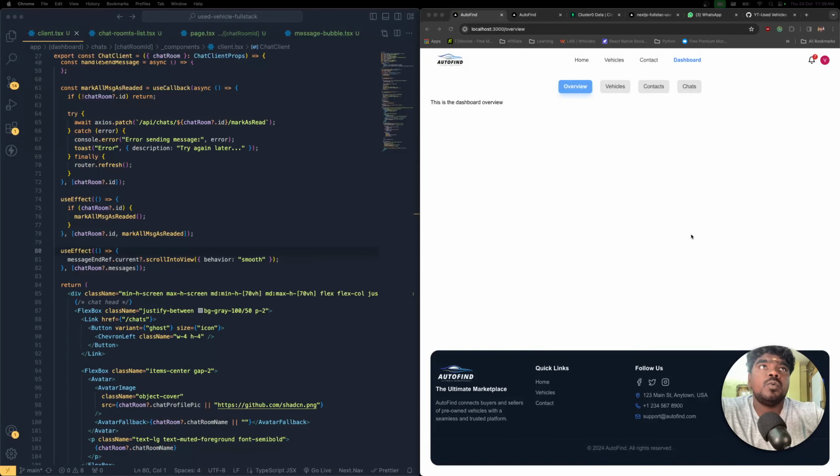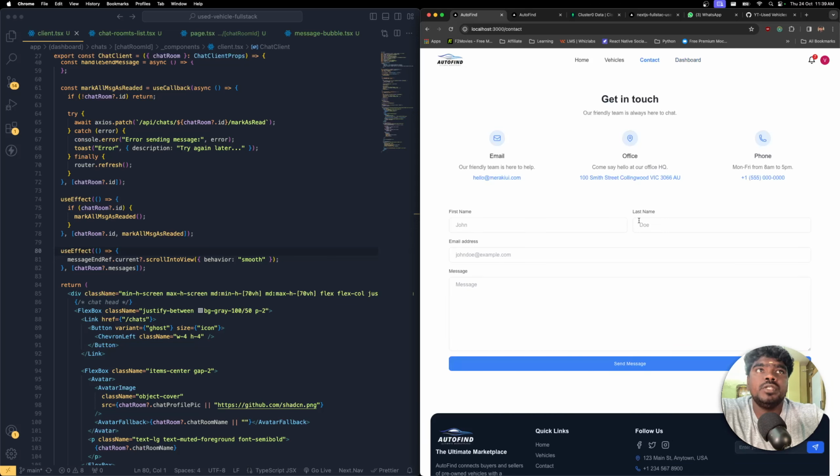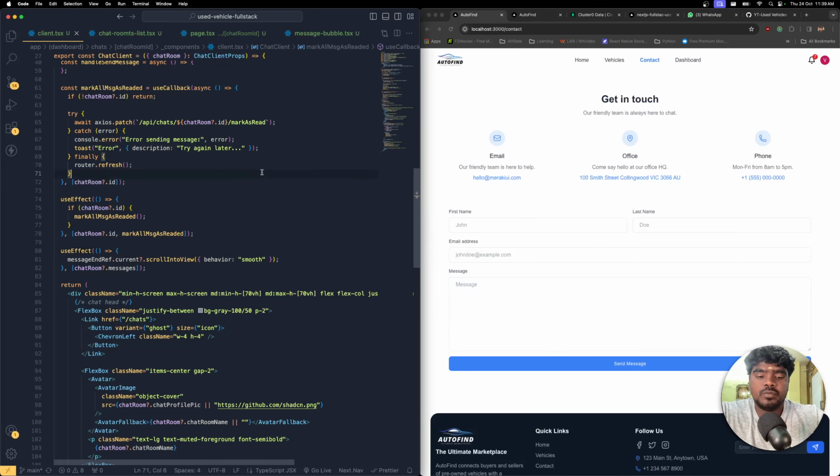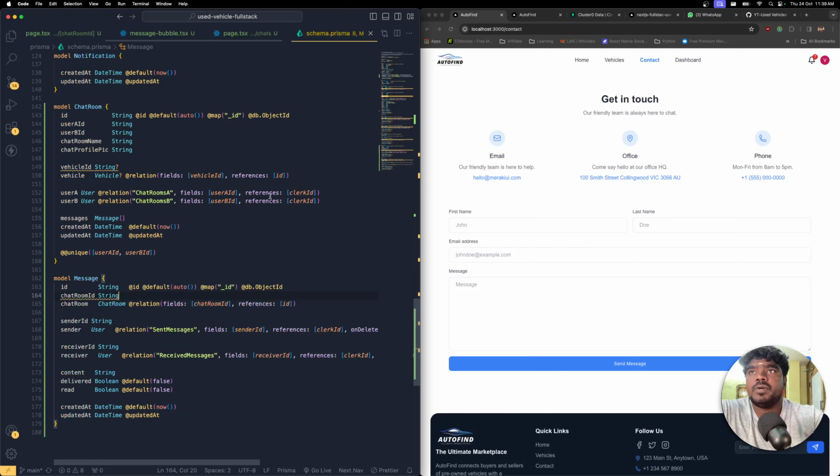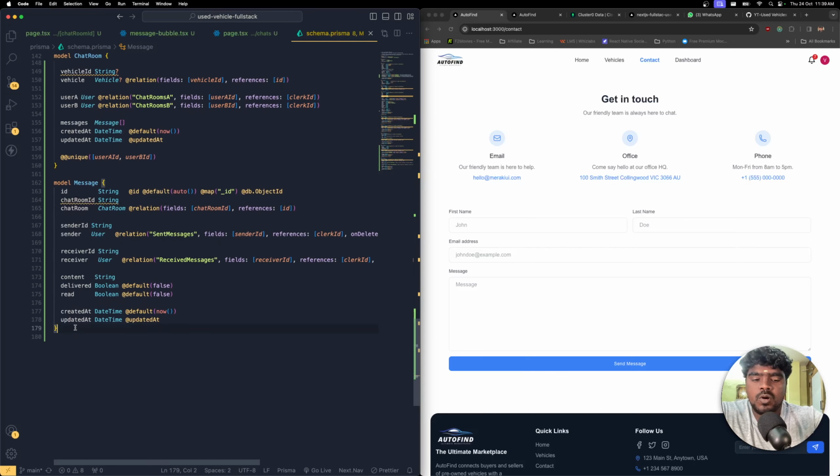All right, then, so now what we have to do is, when I click this contact, it is going to show the UI, right? So first name, last name, email address, and the message. So we need to save this information into our database. In order to do that, I'm going to get the schema. So I'm going to create one more model, which is going to be